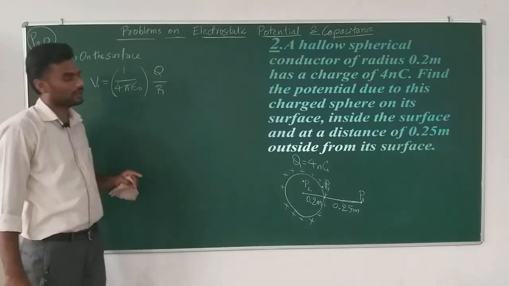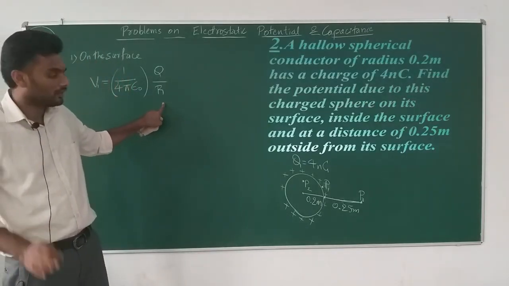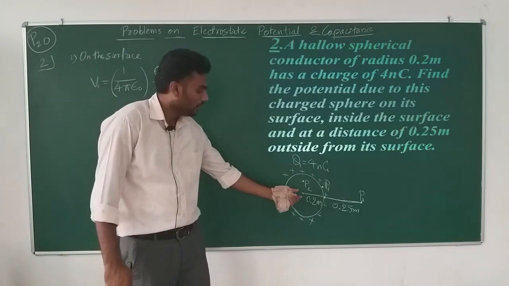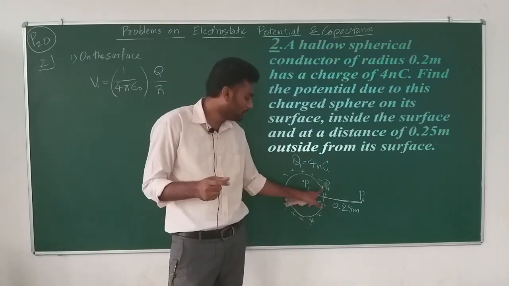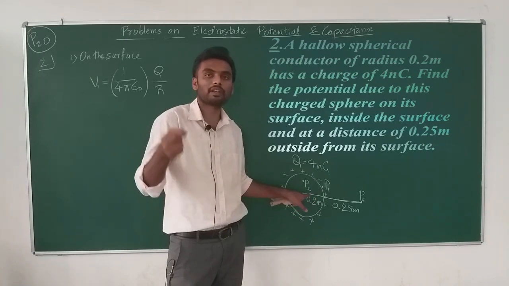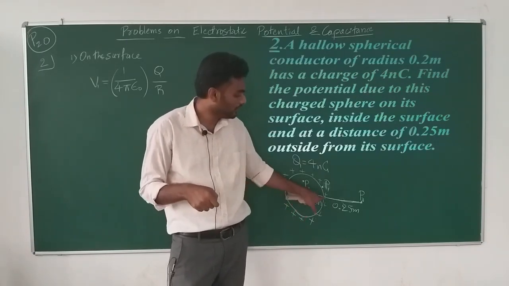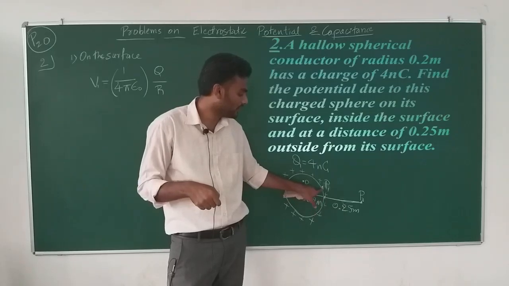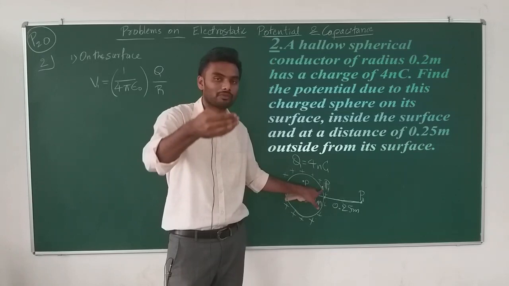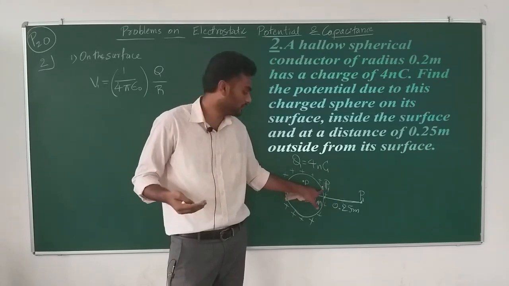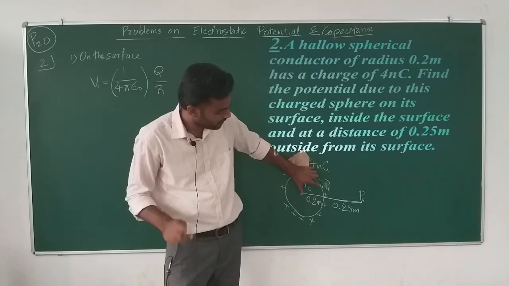Okay, you can take it as a small r. I have intentionally kept it as small capital R. That is because the small r, the distance from the center to the point where you are measuring the potential, shall be considered when you take on the center, whether it is on the surface or out of the surface or beyond the surface. So this distance is r, the general expression small r.